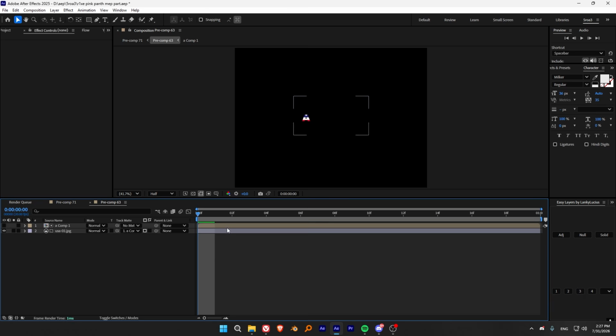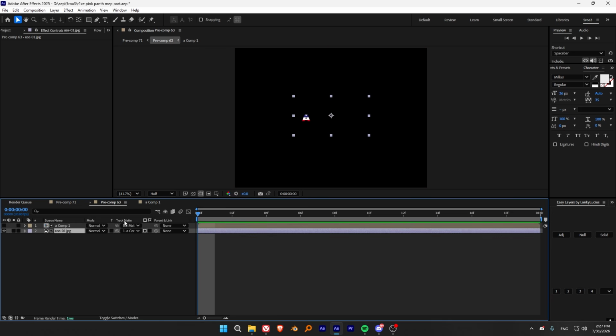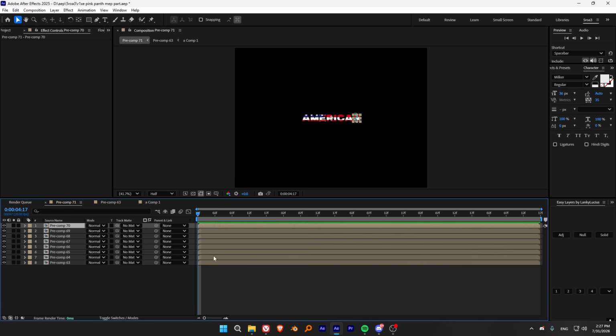Basically what I did, I separated the letters letter by letter, and then I used the TrackMate to apply the America flag texture. And pretty much I have 8 separate layers that I'm gonna make them fall. You can do this with, as I said, images. You can do this with shape layers, but if you're gonna do them with anything other than shape layers, there is a different approach that we're gonna use for that,